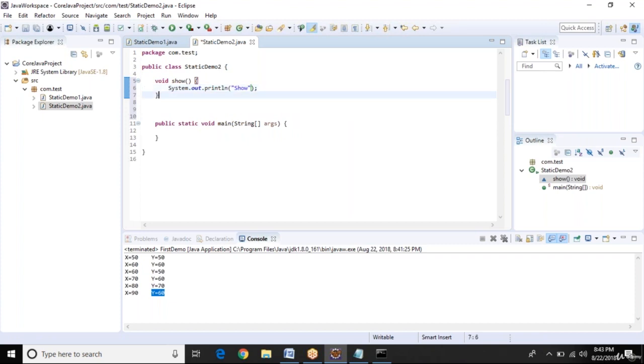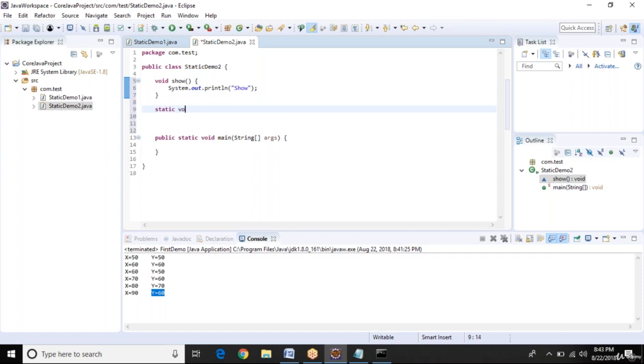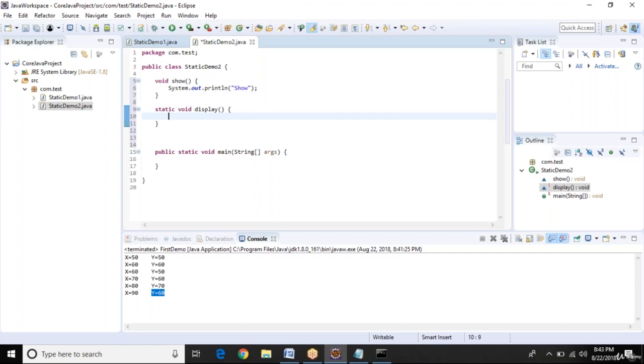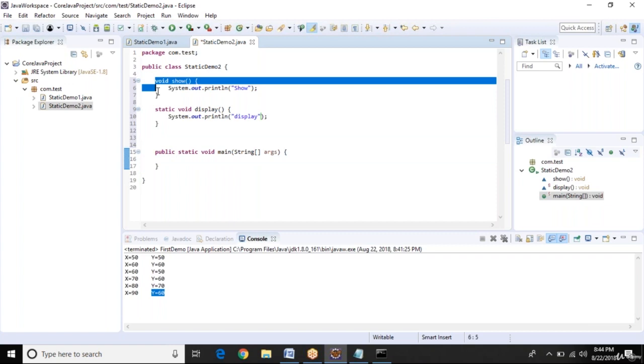Show. And if we have a static method, static void display, let's say, and we have to call this method, sys out display. Now if you want to call these two methods in the main method, because we know that the main method is the entry point of Java, we have to bring these two methods inside the main method.